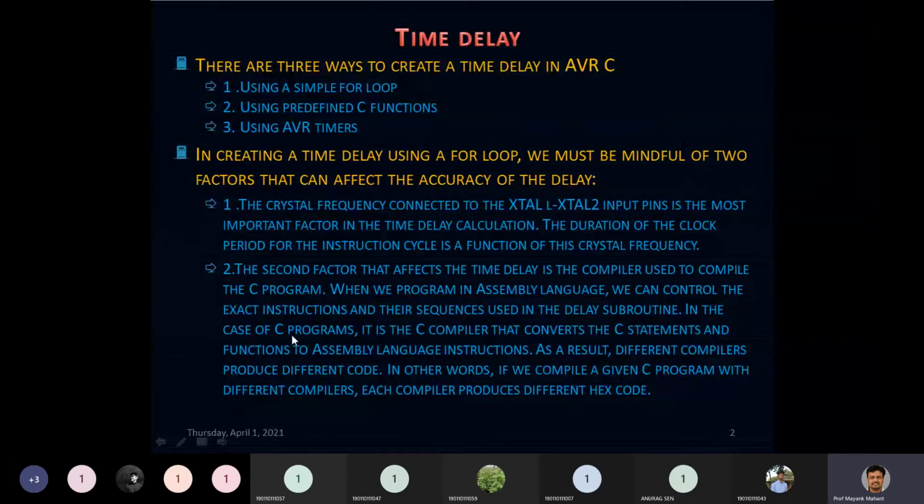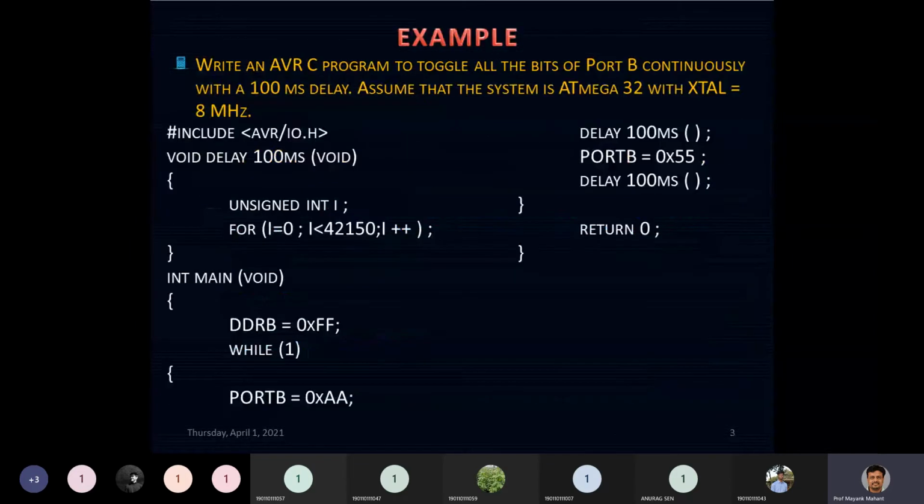But in the case of a C program, it is not in our hands because a compiler is used to convert the C statements into assembly or machine language. As a result, different compilers produce different code. In other words, for a given C program, different compilers can give a different hex code, and that is why we can have a different value of the delay being generated.